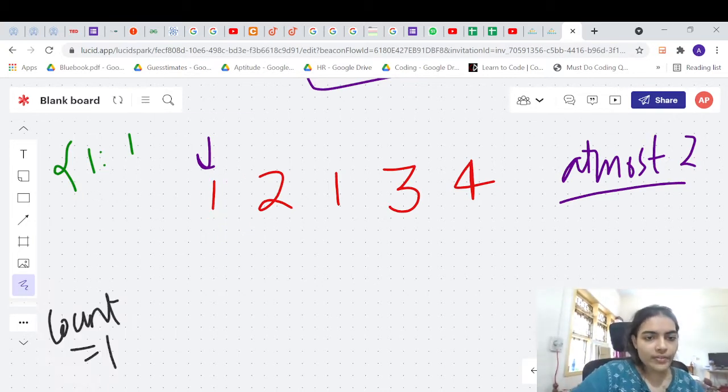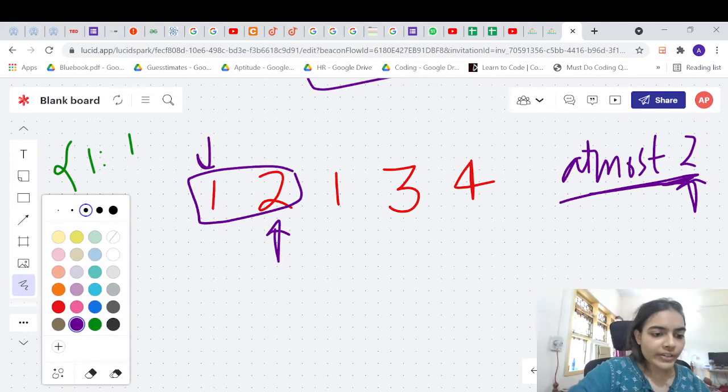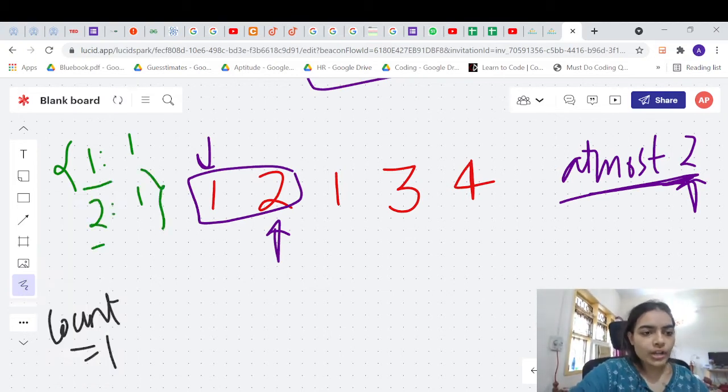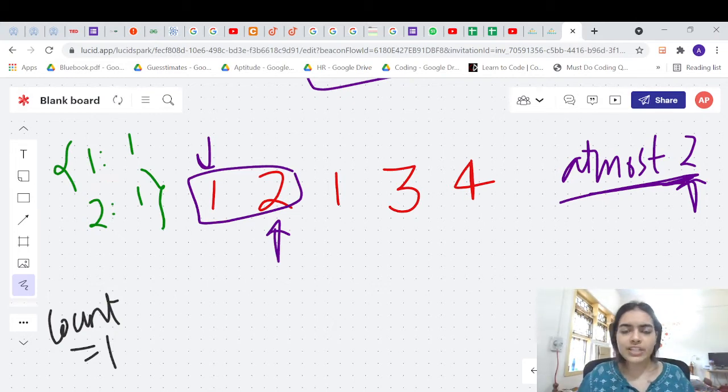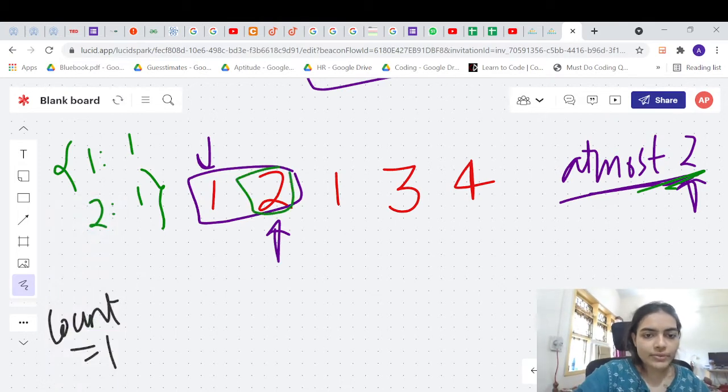We can always include the subarrays which are having at most two distinct integers. Now when we take this, we are including the element 2 and it has a count of 1. So the map is not exceeding the threshold, right? We are having two integers which are different, that is accepted. So we got two new subarrays, we got this subarray as well as this subarray. So we will increment our count by 2.